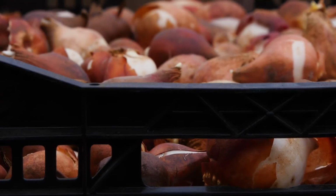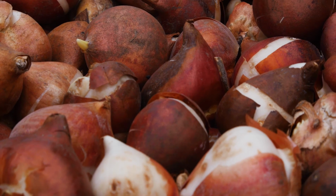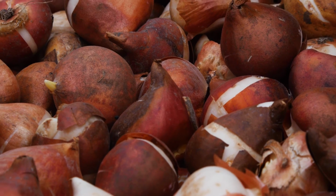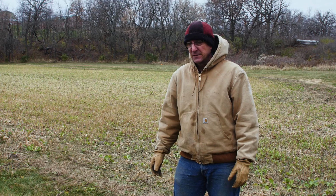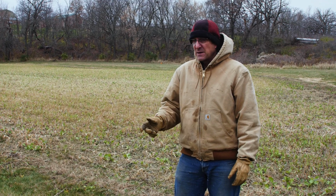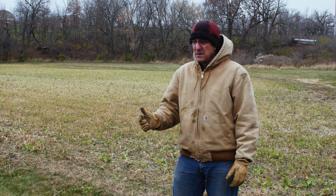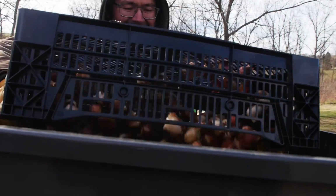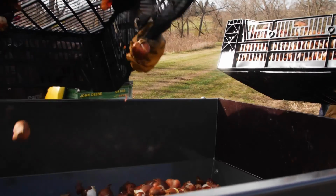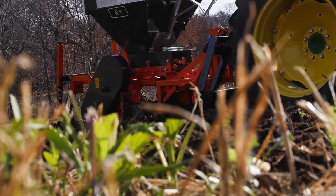So we're kind of doubling down this year, literally. Instead of 30,000, we're planting 60,000 bulbs here. And we're going to plant them in a much different way. Last year, Kyle and myself did most of it, but there was help from the farm staff as well, from the farm market staff, and it took us the better part of 2 weeks to plant 30,000 bulbs. The grand plan today is plant 60,000 in a day with the help of a tulip planting machine, which is